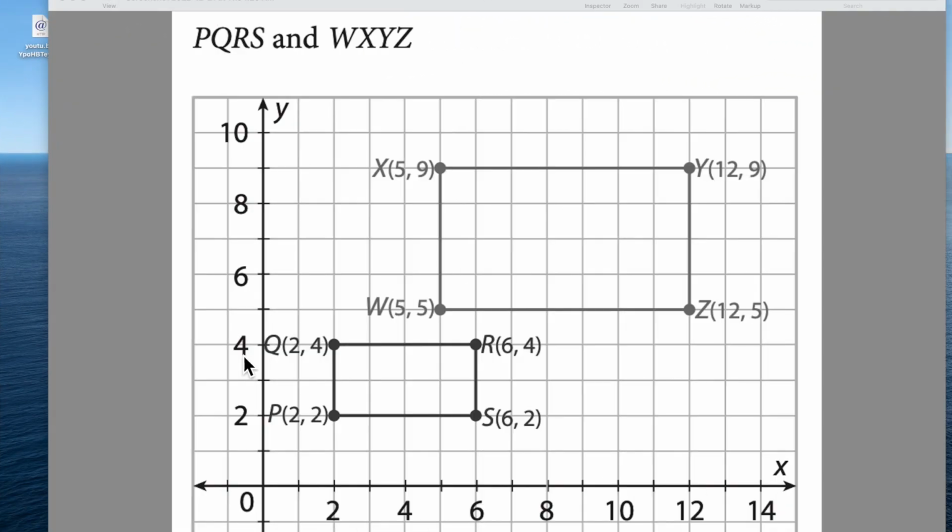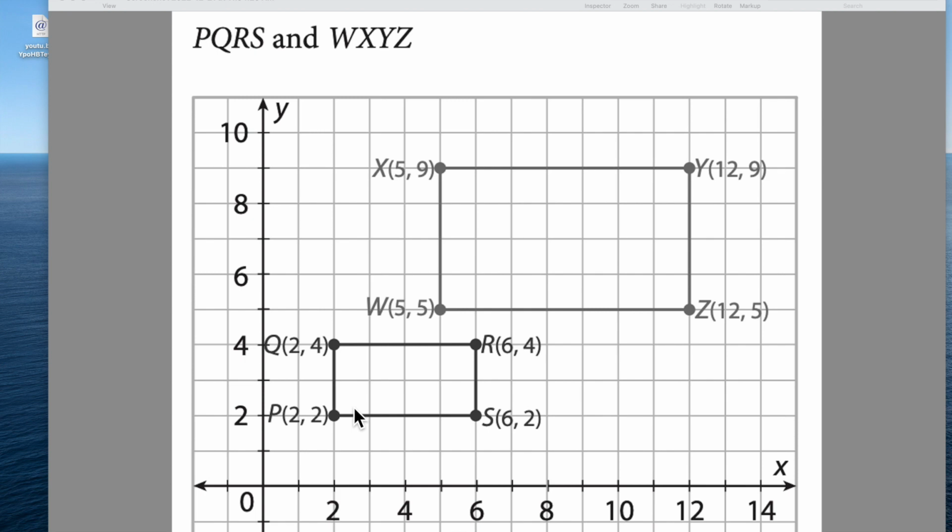In this next problem, we're asked to determine if these two figures are similar. So the mistake here is to notice that this has 4 right angles and this has 4 right angles, therefore they have to be similar. And it is not true. In a triangle, if 2 of the angles are congruent, then the triangles are similar. However, in other polygons, quadrilateral being an example, in addition to all the angles being congruent, you have to have